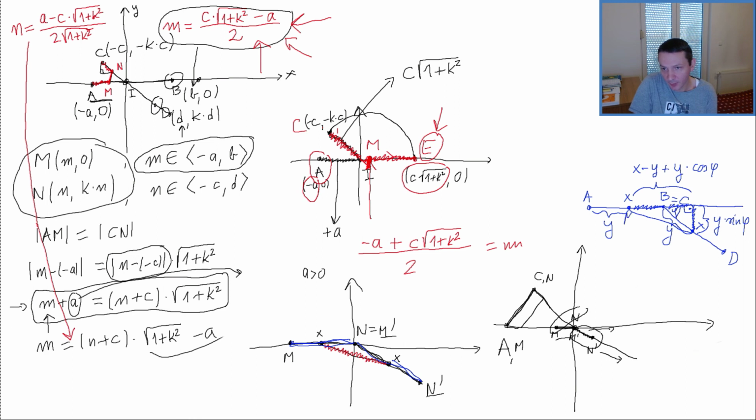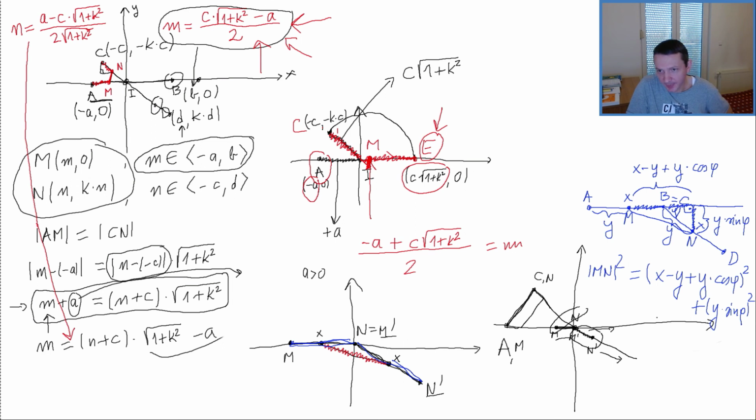And if this is our point M and our point N, by the Pythagorean theorem, MN squared is actually (x minus y plus y times cosine phi) squared